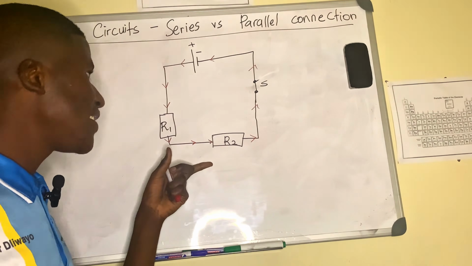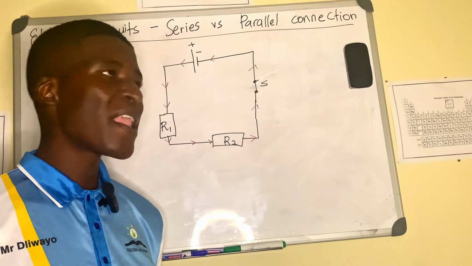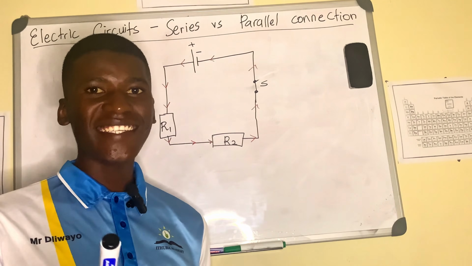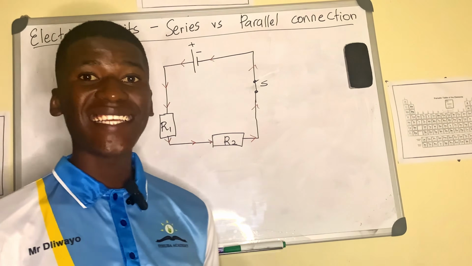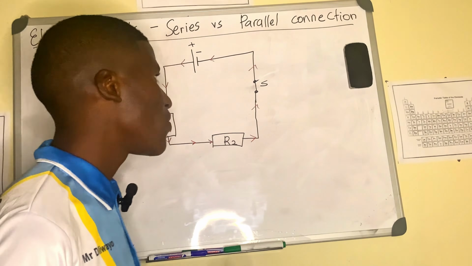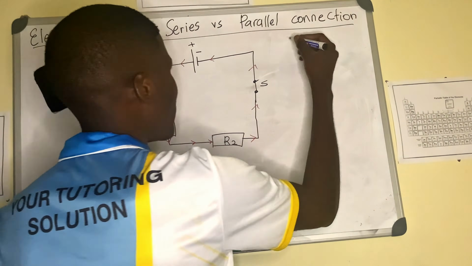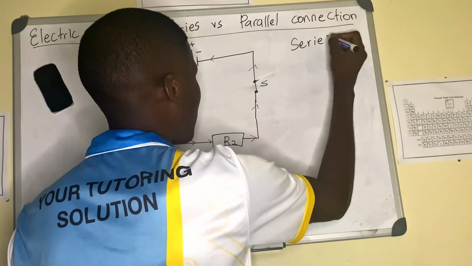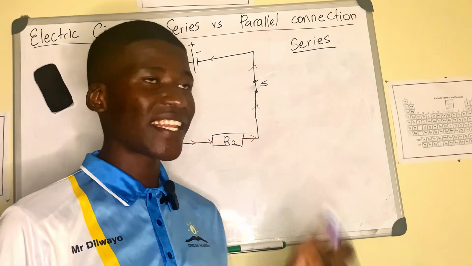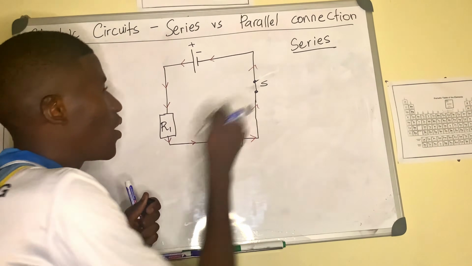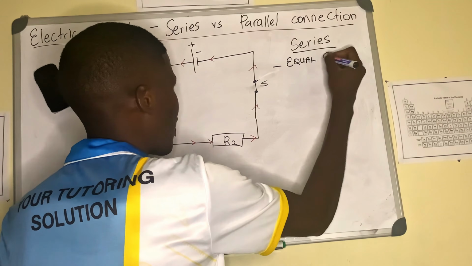So now this is a series connection of a circuit. What do we mean? What is actually in series here? Resistor R1 and resistor R2, we say they are connected in series. All right. So basically, when we say that two resistors are connected in series, let's write information about the series circuit. So here, when we say that two resistors are connected in series, we say that they're actually receiving the same current. So they've got equal current.